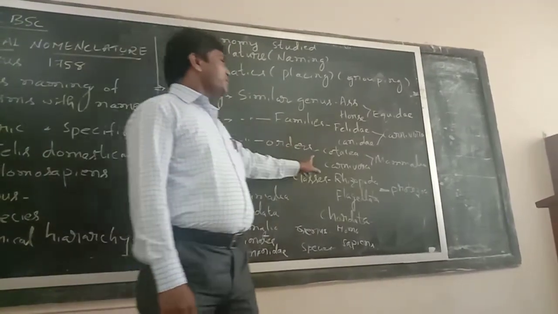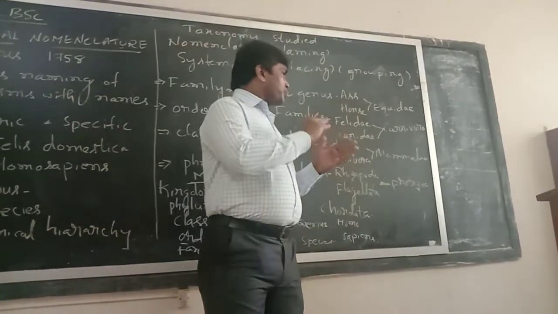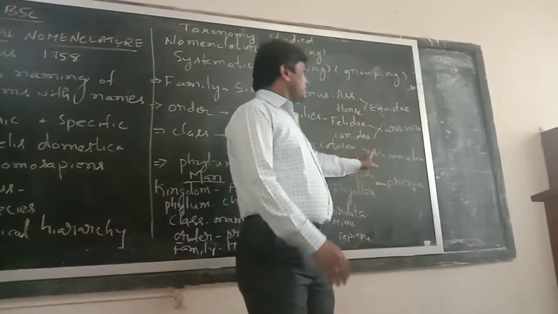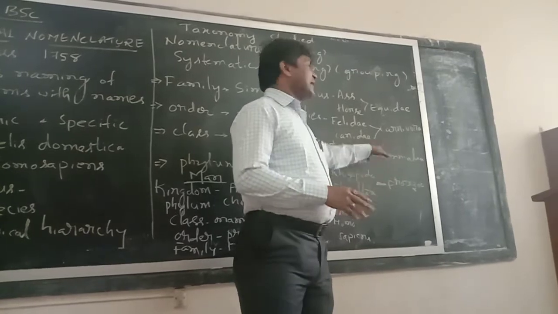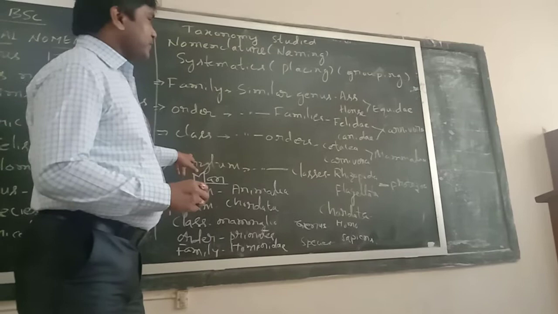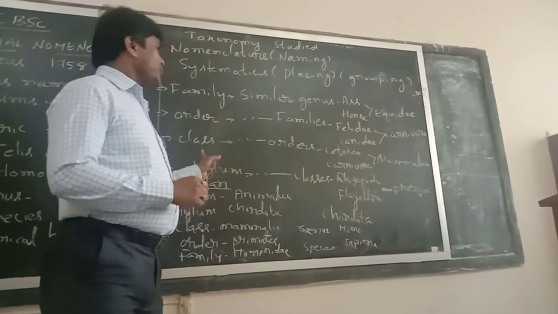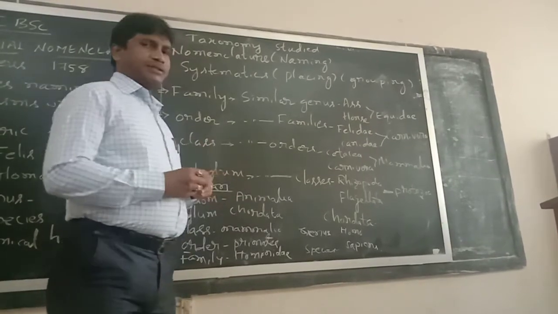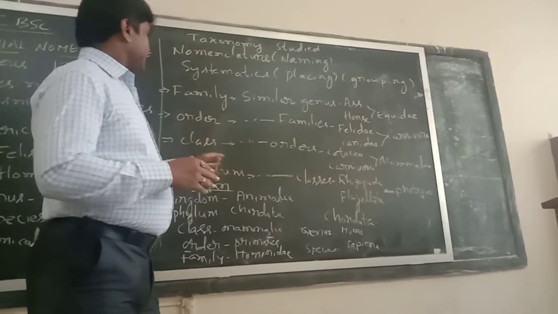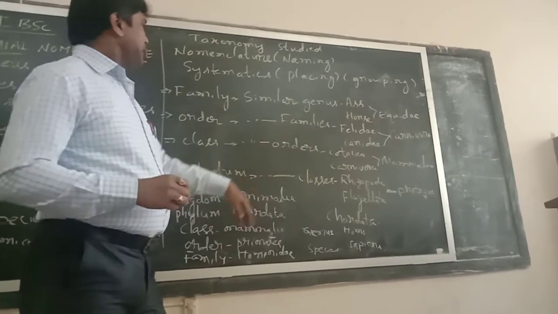So here, for example, Cetacea and Carnivora. Both of them are different orders, but they have some characters in common. Hence they are put under the class Mammalia. So next is phylum. Phylum, you know very well, is the group of two or more closely related classes. So class Mammalia is the one we call a class.